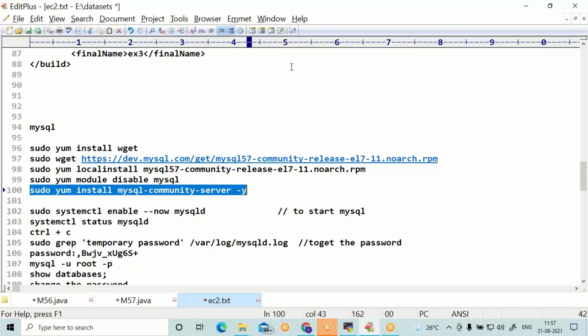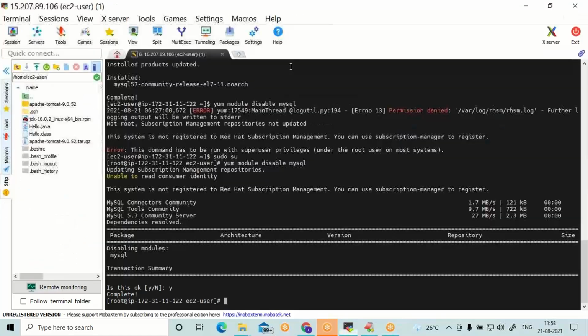Now run this command. All these commands, let it start with sudo, super user.